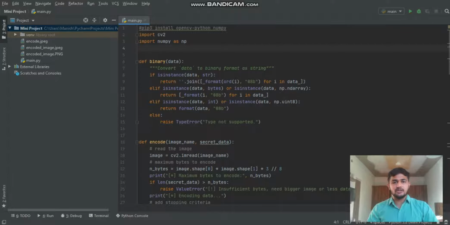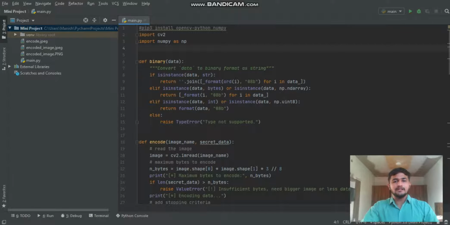If it is in the string format, then we will return an empty string, and we will join it with a binary value for i in data, meaning from the first value of the data to the last value of the data, in the binary format, 8 bit. Then we will check for another data type like bytes or the numpy array.